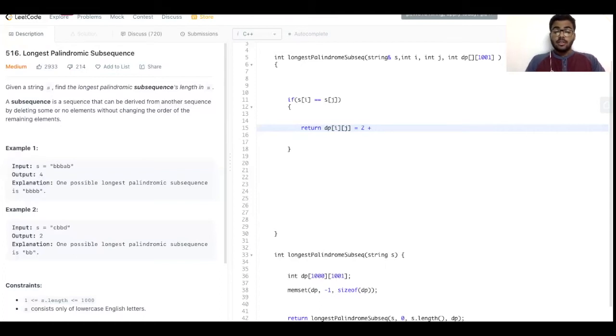I mean the length of the two characters that we are putting, so it should increase the length of the DP by 2. So what we'll do is DP of ij is equal to 2 plus, then we'll just ask the function to return the next subsequence which we can get in the string. For that we will be passing it I plus 1, and we will be decrementing the pointer j minus 1, and then we will pass dp.